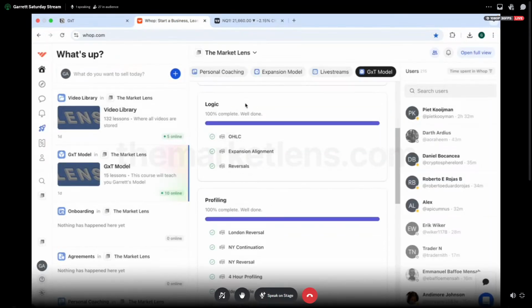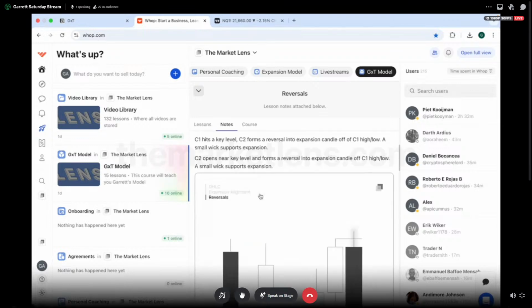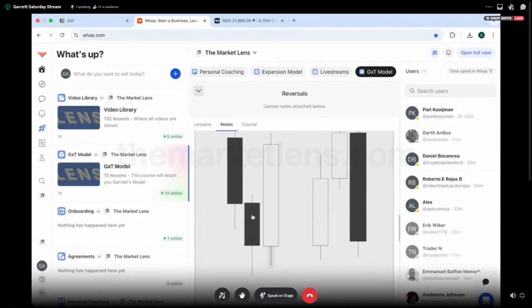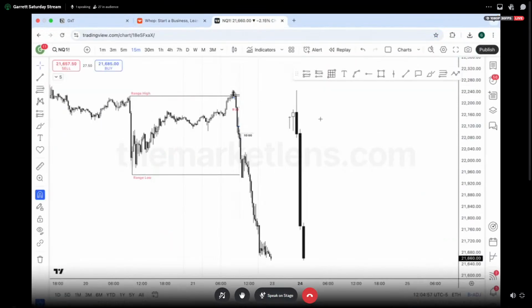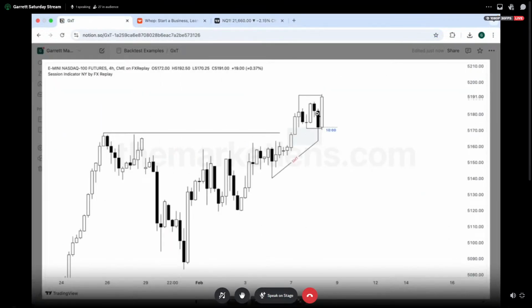the reversals section here. This would be this type of closure, right? Where there's no particular close. We just expect that phase of expansion to occur the next candle because this candle doesn't support it, right? It doesn't support expansion away from this low. So it's just waiting for that 10 a.m. open. So moving on,